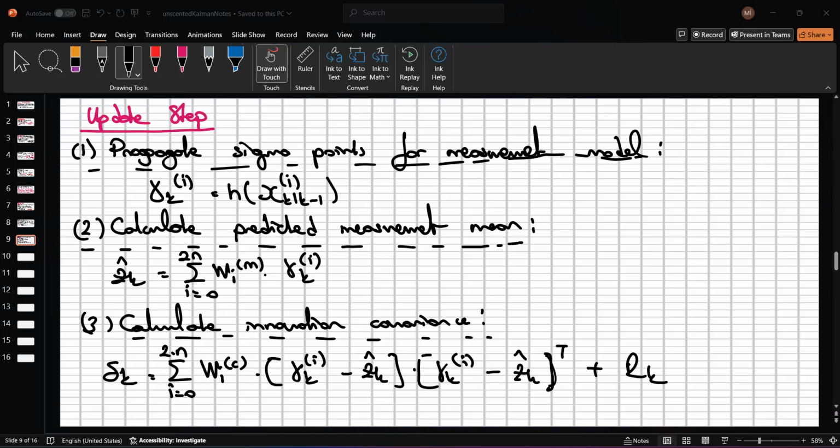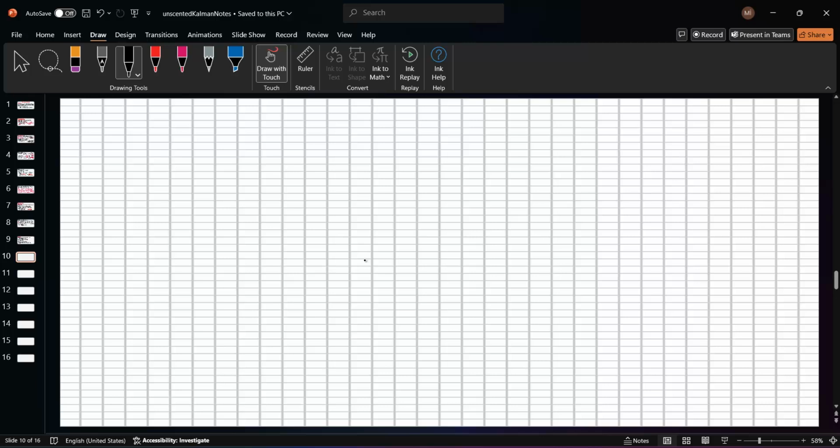And so how can we use this innovation covariance and the mean values? See that this is the sigma point measurement model, and so zk hat is the predicted measurement mean. Okay, and so innovation covariance can be found just like this one, but this entirely depends on the measurement and the predicted measurement mean. And so we need to add one more condition, which is called the